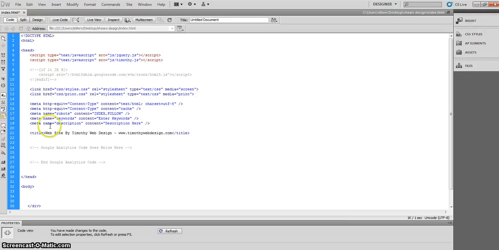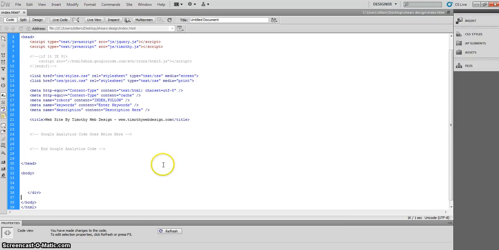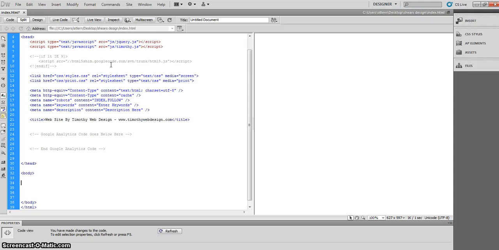So what I'd like for us to do is not worry about anything here in the head, but let's start with our body. We just have this div code, which is a lone code, so we're just going to delete that. And we're going to start by creating our body divs. There are going to be several of them that we're going to use for this particular website. So I'm going to do a split design just so you can see it. I've made my screen a little bit wider on this side so we have room to type. So the first div that we're going to type in